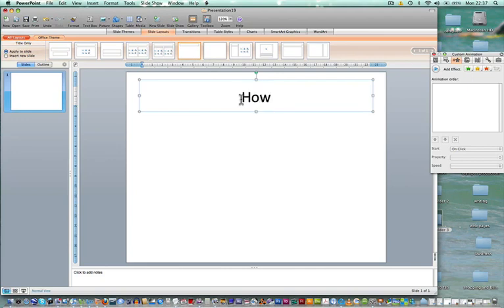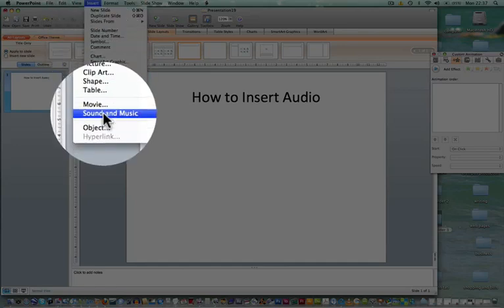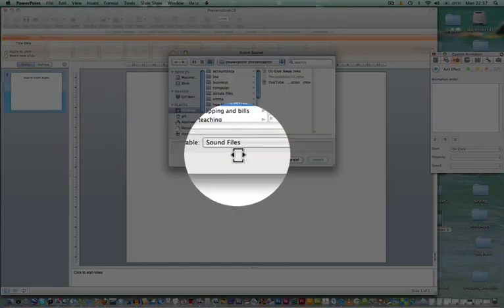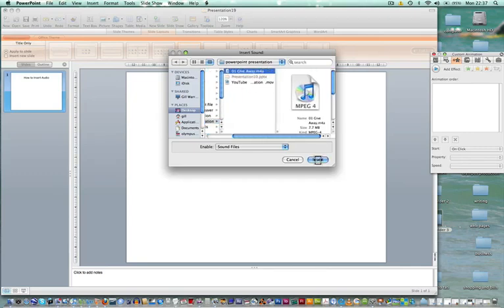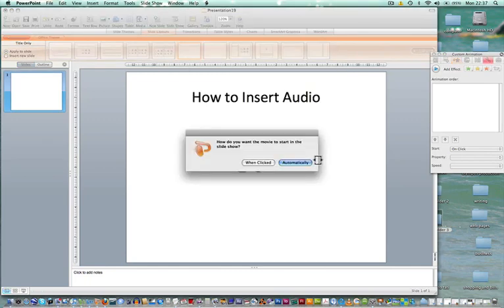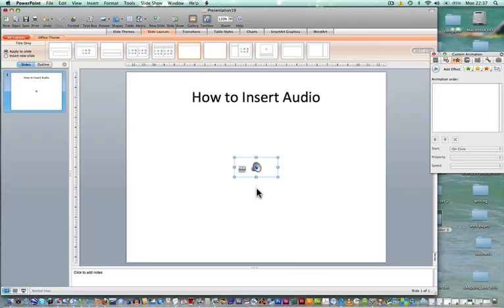So how to insert audio. Very simple. We click in there, click where we want it to go, put Insert, Sound and Music, from File, and we just insert the file that we want. We just browse for it. Now in this case I think I'm going to say that the movie, or in this case the audio, starts when we click on the mouse. And this is a piece that's by Hazel Mills and we will preview it later. So next slide,